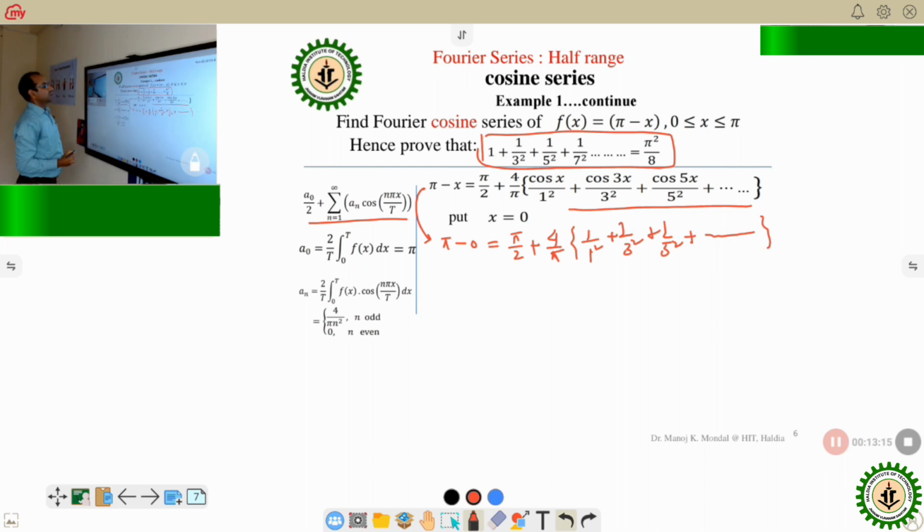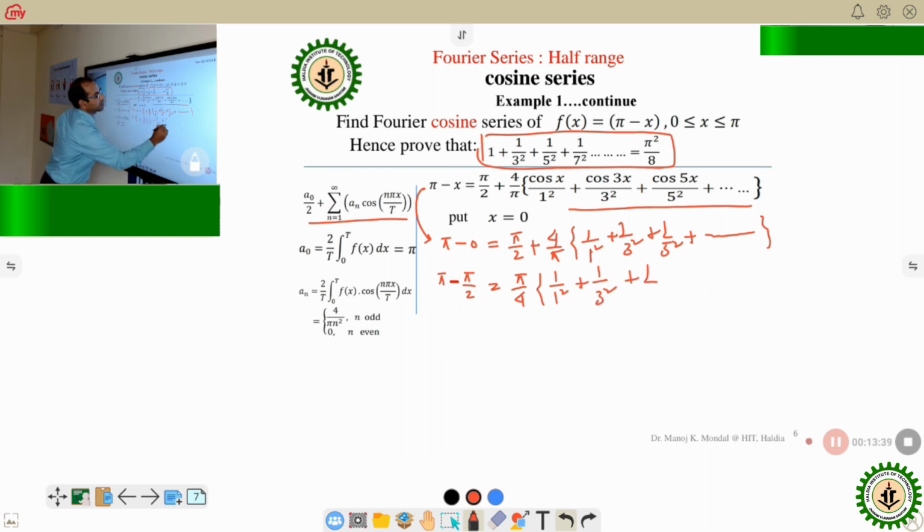So this will be the Fourier series, and now if I take on this side, this will be pi minus pi by 2, that's equal to pi by 4 into 1 by 1 square plus 1 by 3 square plus 1 by 5 square plus this one. Now the left hand side, it will be pi by 2, this equal to